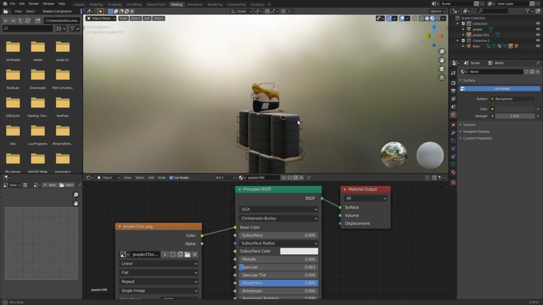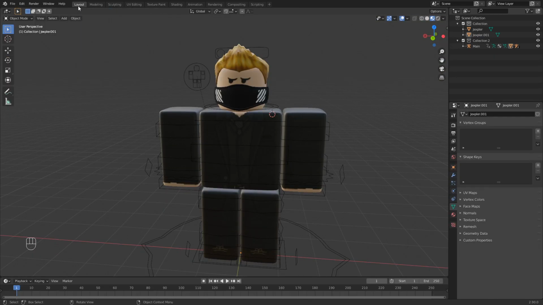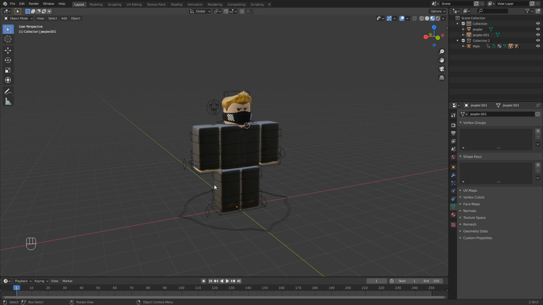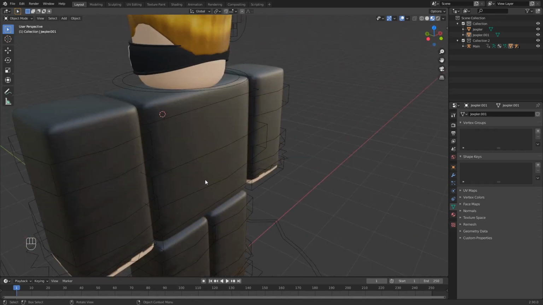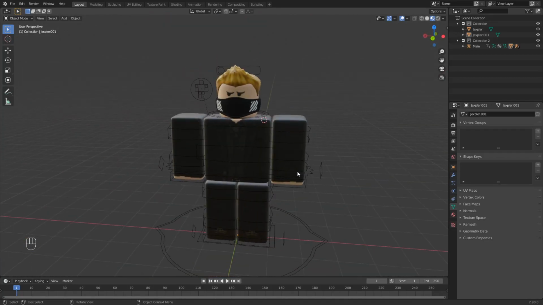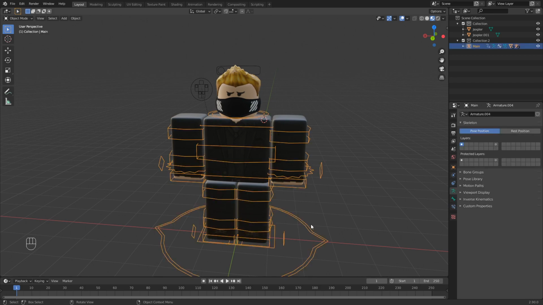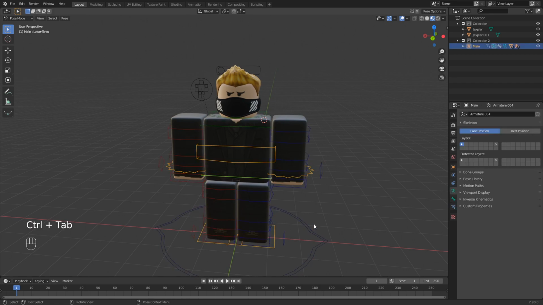So now we have our material. So the next step, I'm gonna go back to layout, is to position our character. Now this isn't something I'm gonna give you specifics on. You can just copy what I'm doing, but you can also position it however you want. To position, we need to go back into pose mode by clicking on a rig, hitting Control and Tab, and